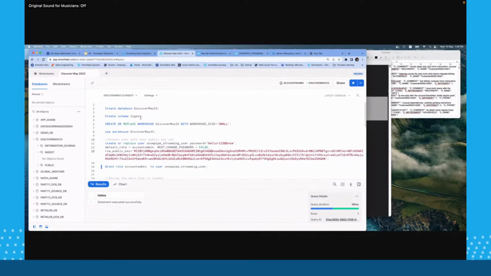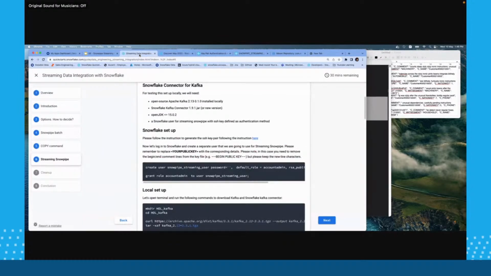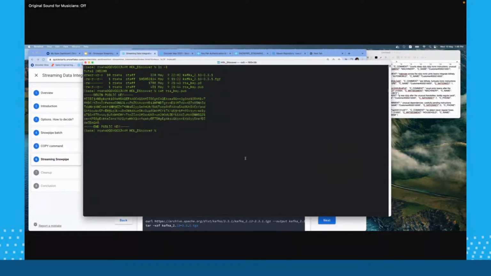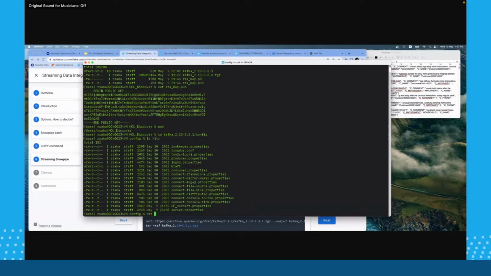So what are we going to do next? The next thing is to start your Kafka and set up your streaming ingestion process. Cool. For those of you following the quick start, you can see that there's a template of the Snowflake streaming ingest configuration file. On my screen, I'm going to go to Kafka, then go to config, and let's type in NTR. And here goes my SF Connect file, right?